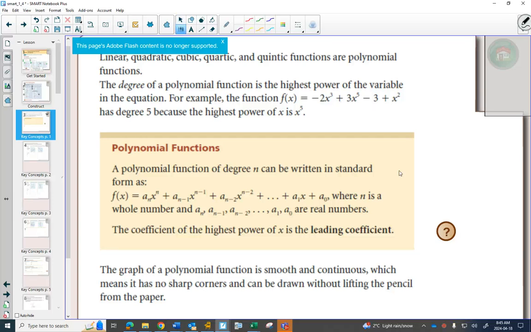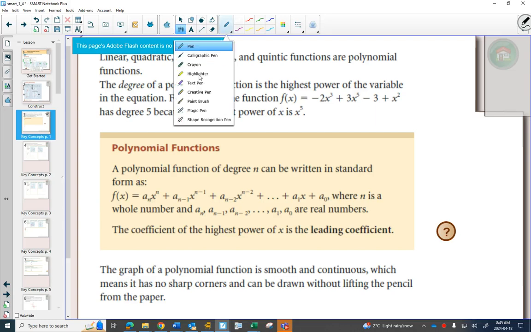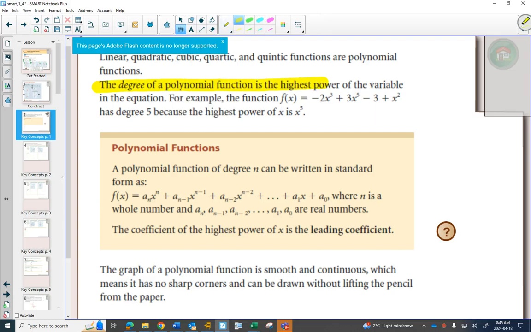Some important things I'd like you to highlight from here. So first thing we're going to highlight is we say that the degree of a polynomial function is the highest power. So we have dealt with